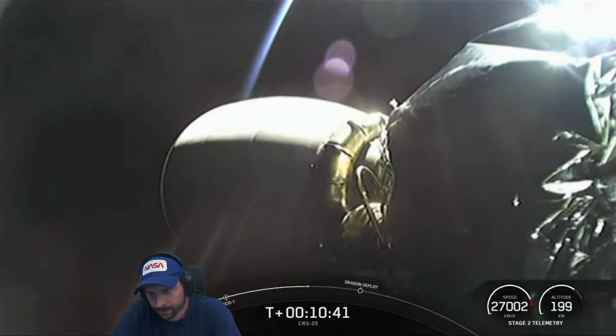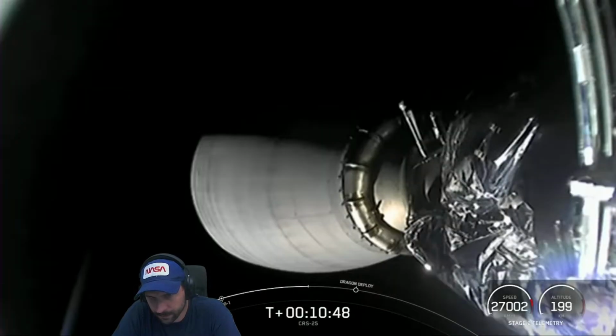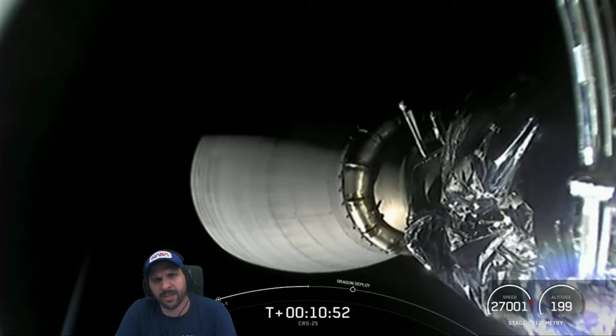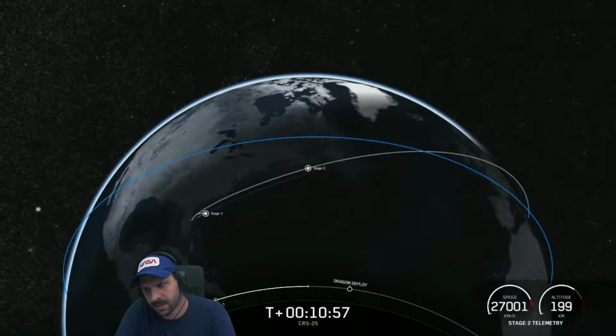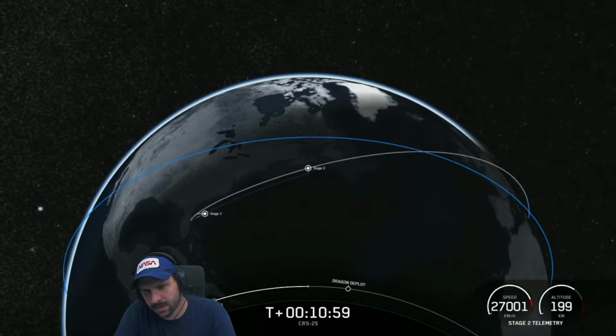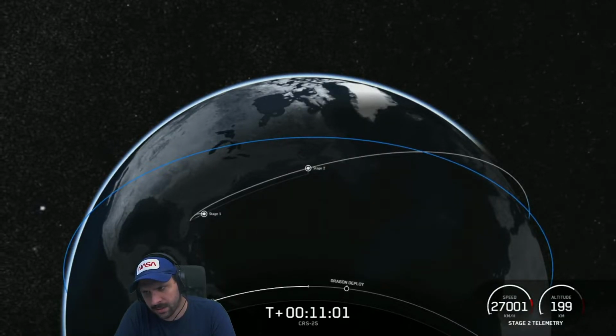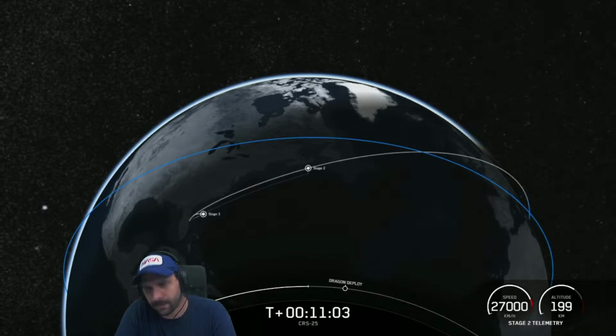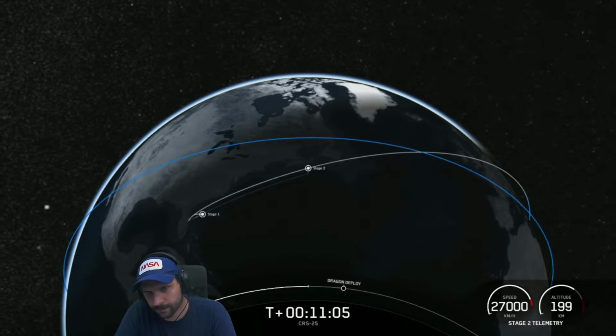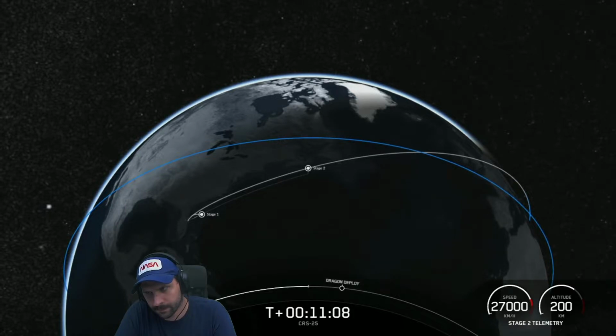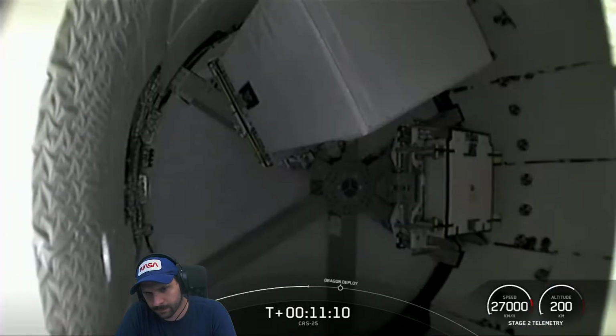Now, at this point, the second stage is performing its final checks to ensure that we're not imparting any unnecessary momentum or spin to the Dragon spacecraft. Once those calculations are complete, the stage will command separation, and shortly following separation, Dragon will conduct a series of health checks on its thrusters, its cabin, thermal, and solar systems, its navigation systems, in preparation for the upcoming 38-hour mission to the space station.